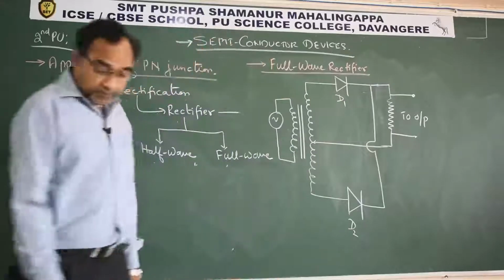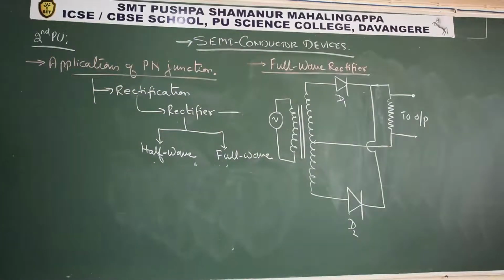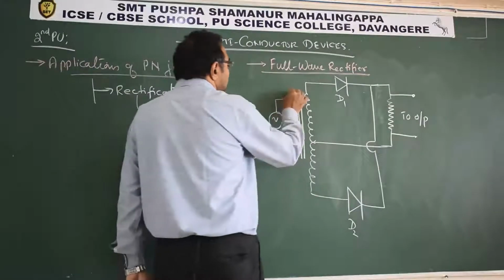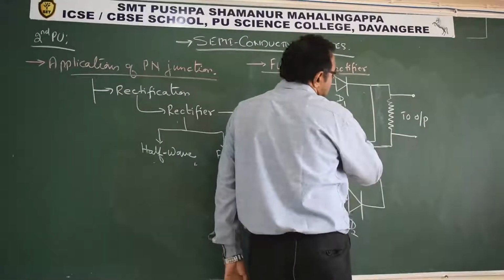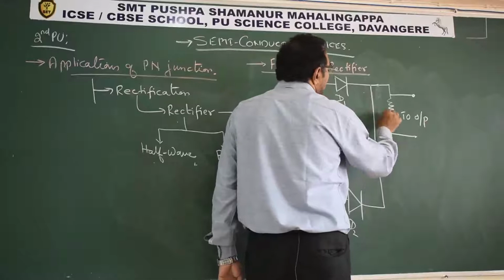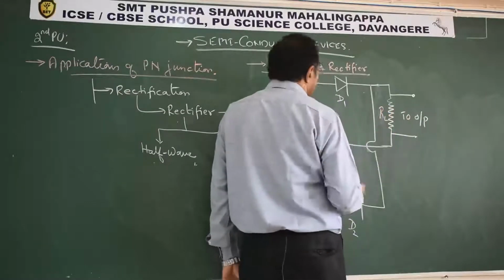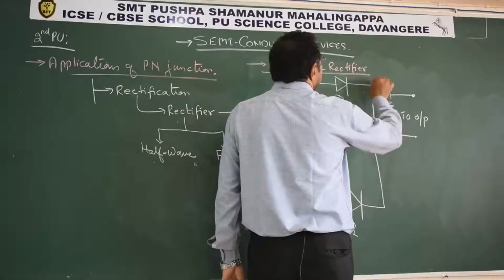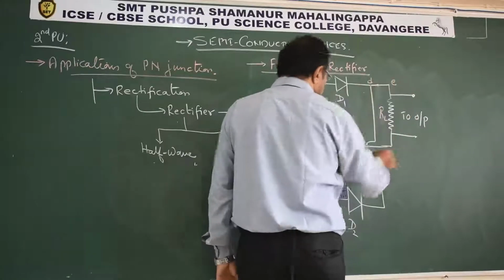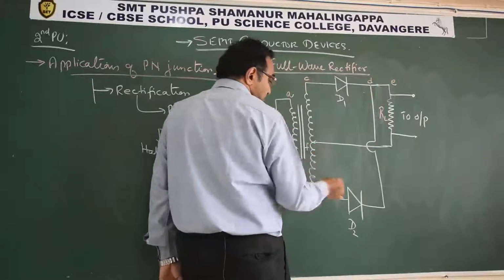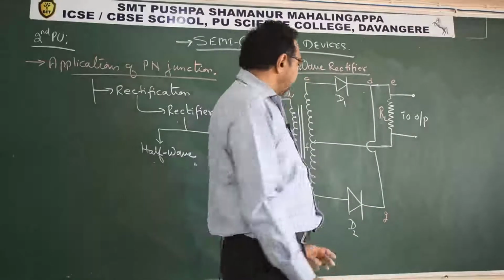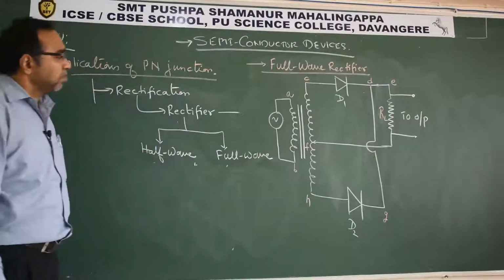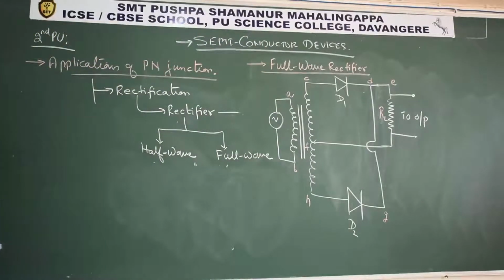Now what happens? Again, let us see. Let us label the ends. If I label the ends here, see A, B, C, D1. This is the load. Correct? So I will write here C, D, E, F. Then G, H. Let us write like that explicitly so that there is no problem. Now let us analyze.